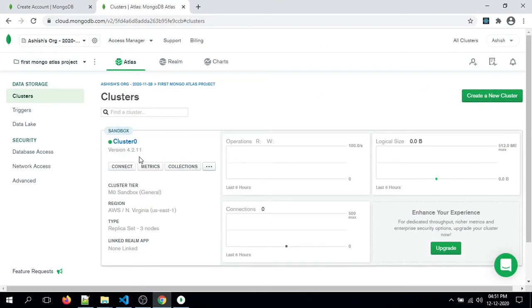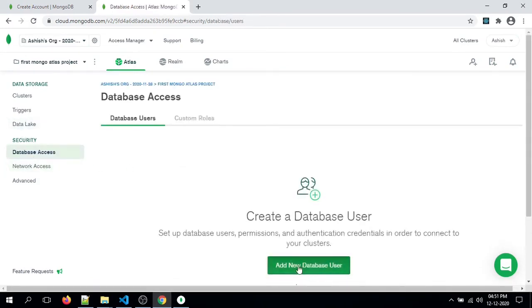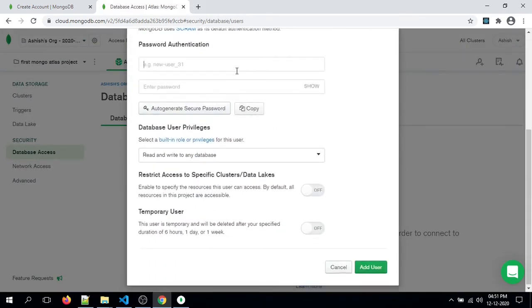Now our cluster has been created. The first step, we will have to create a user for this cluster. Currently, I am assigning the username as Ashish.